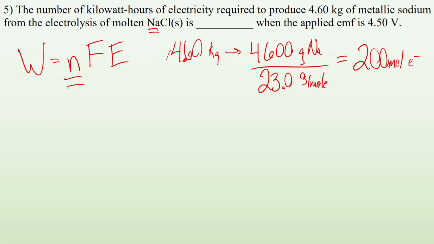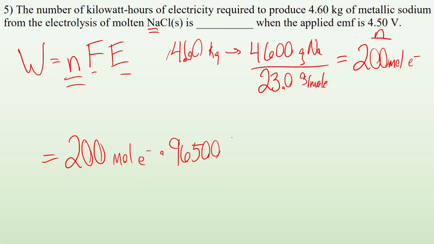That's my n. My F is a constant, my E they told me. So let's plug and chug. I got 200 moles of electrons times F, 96500, which is really coulombs per mole of electrons, so moles of electrons cancels out,